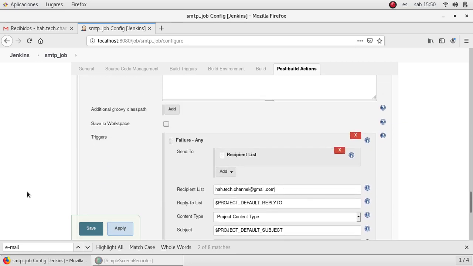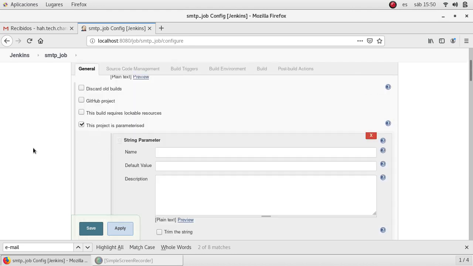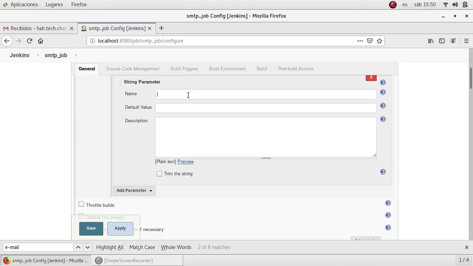We can also use this variable. Where is it? Default recipients as a parameter. Put here the email as well. This is not mandatory, but it works as well. Okay, I'm going to save it,